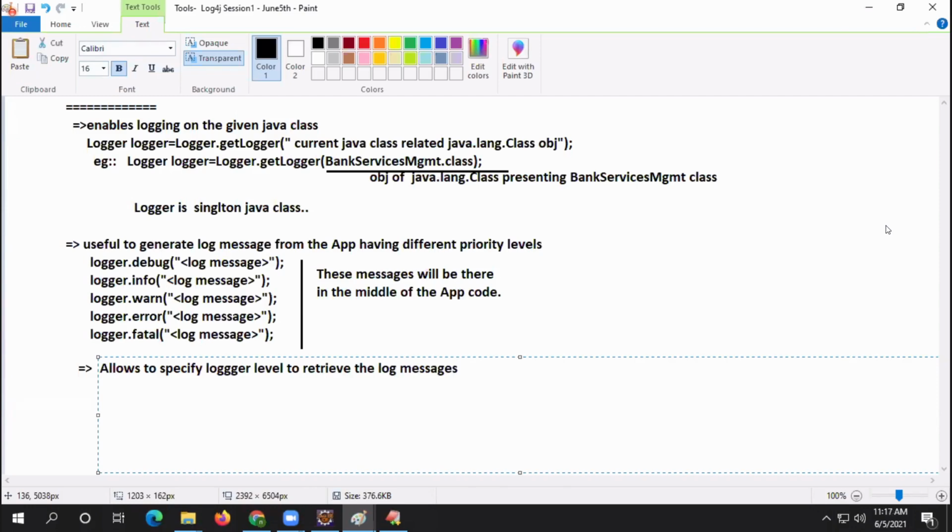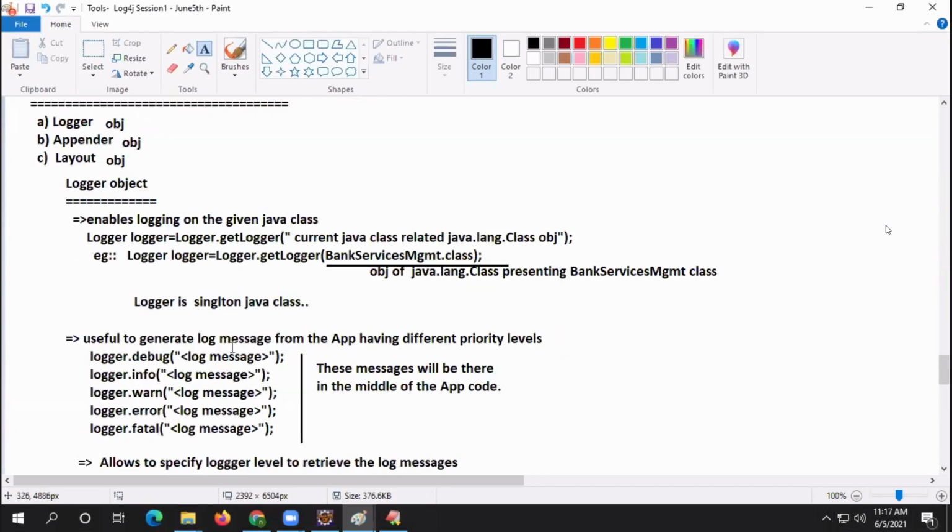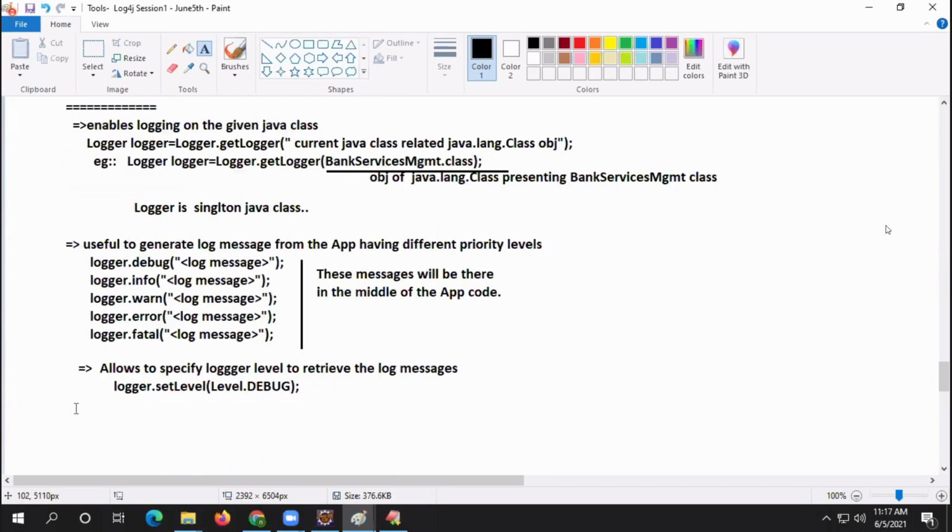How, sir? Logger dot setLevel dot DEBUG, for debug and higher messages. Logger dot setLevel dot DEBUG. Yes, boss. So this is about the logger object, guys.